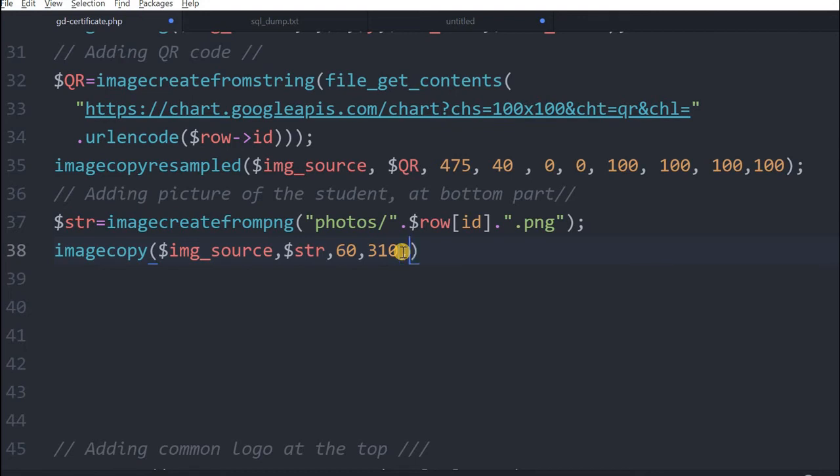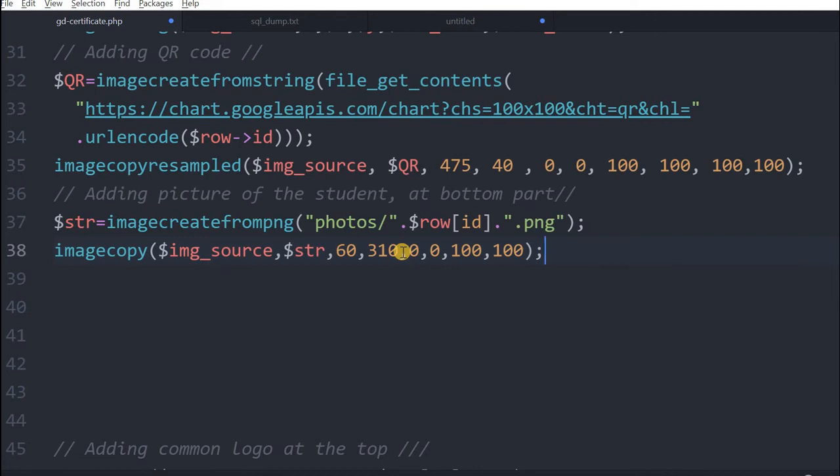So 0 and 0. Why am I giving 0 0? Because this is the copy, and we are choosing which part of it to place. We are taking the entire picture, starting from 0 0, the top left corner, and it ends at 100, because the student images we have placed are 100 by 100 in size, height and width.